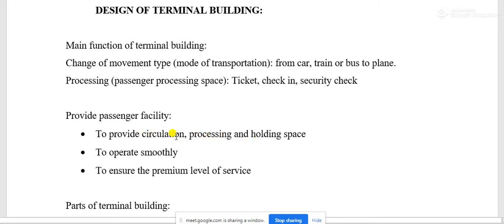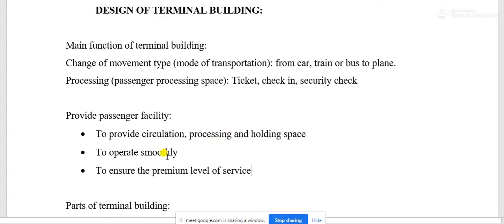Circulation means going to and fro in the terminal building. Processing is the processing of the mandatory formalities, and holding space is the waiting space or waiting lounge in the terminal building. The next facility is that all these three functions have to be operated smoothly.